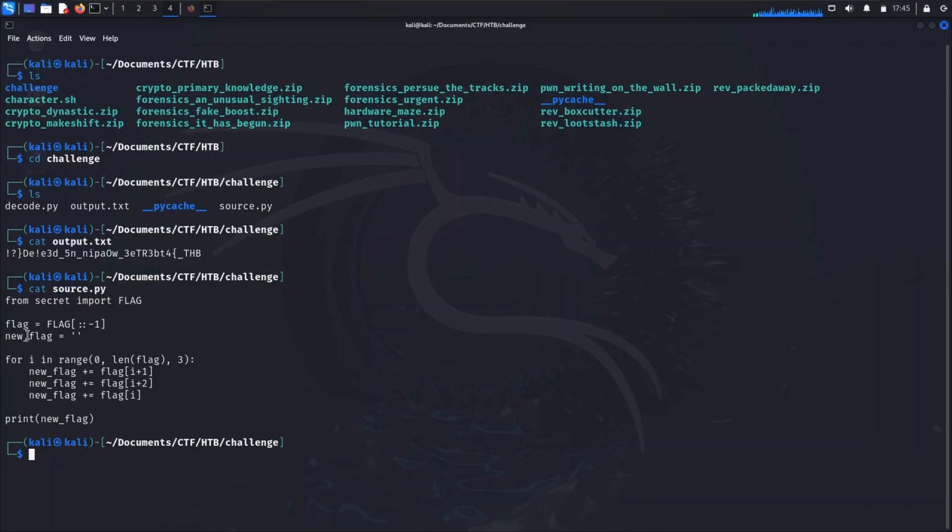A new string is created under new flag. And then we have a loop that iterates over the original reversed flag and does so for the entire length of the flag, of course, but does so in increments of 3. And what it's doing in that instance is it is taking the second character,